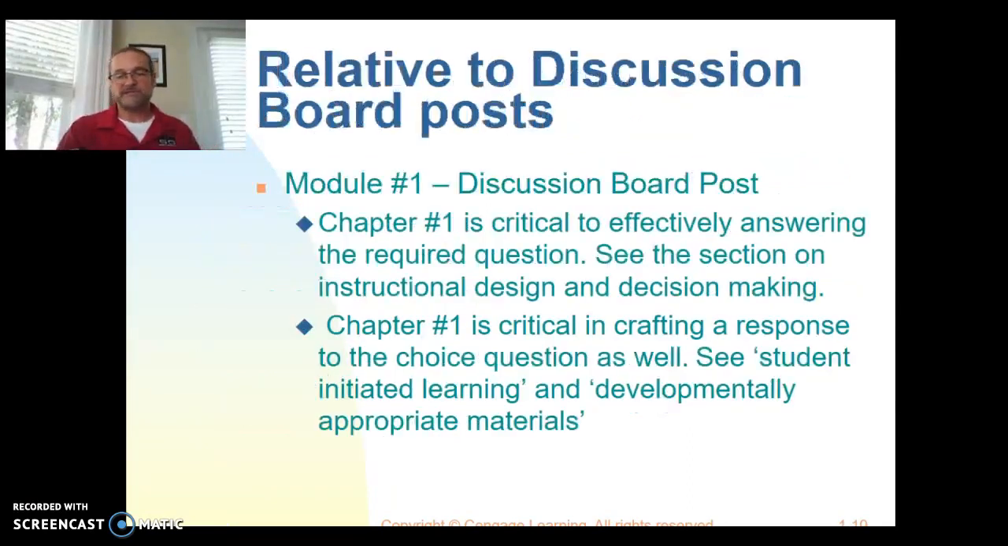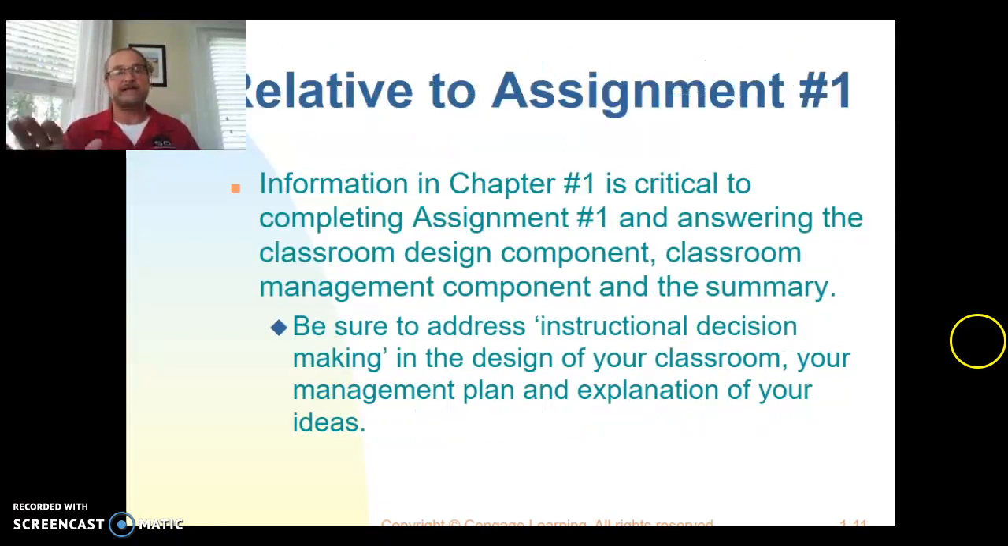So I'm going to stop here. Before I do that, I do want to call your attention that for the discussion board post for Module 1, as you work towards completing those, just know that Chapter 1 is critical. Chapter 2 is critical to effectively answering the required question. Chapter 2 is critical to crafting a response. And last but not least, Chapter 2 is really important for